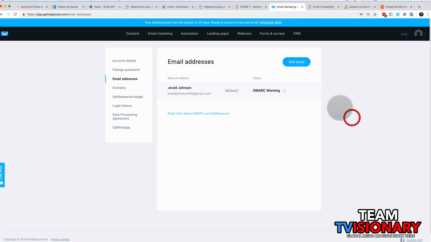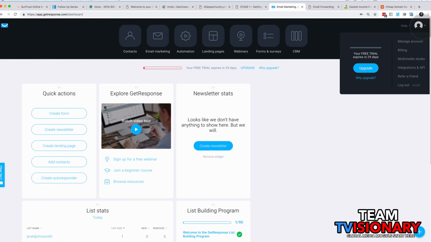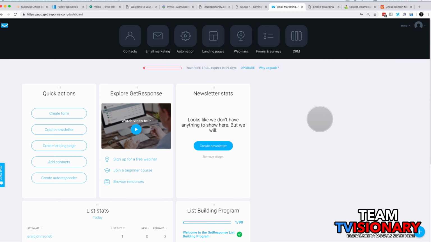in GetResponse. Let me go back. If you click this, it takes you back to the dashboard. So we've covered the API key, and we've covered the email address so far. That's all we've done so far. Now, let's talk about campaigns. Campaigns is another word for email list. If you remember, I said you can have different lists. Right? So let's open up a